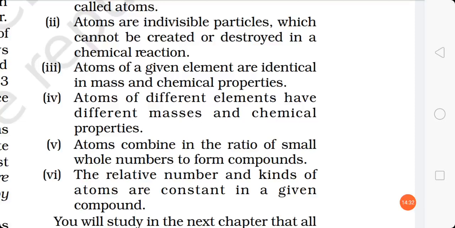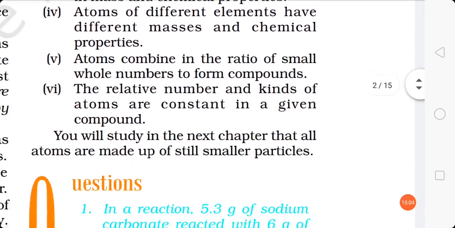अब ये तो ऑब्वियस है भाई. चलो कॉपर और कार्बन ले लेते हैं फॉर एग्जाम्पल. So these two are different elements. Okay, students, copper and carbon both are different elements. Now, if you take carbon atom from carbon element and copper atom from copper element, then both the atoms, carbon and copper, they are different. Of course, they are different atoms, so their mass would be different, their chemical properties would be different. Is that clear? Okay, next point says that